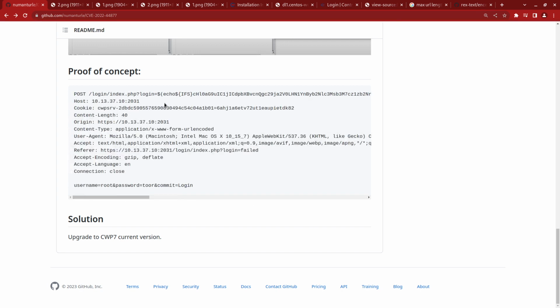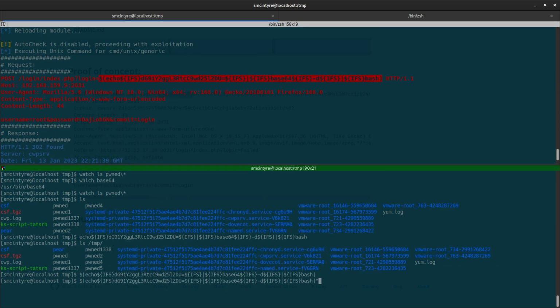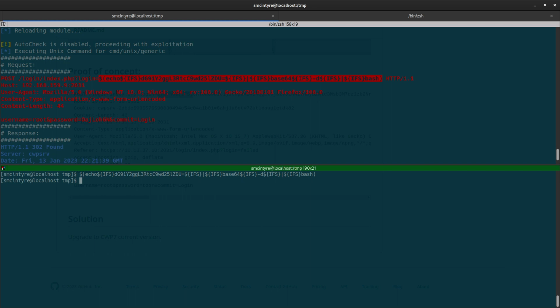Nothing is encoded anymore. Echo $IFS. Yeah, I mean, that all looks correct to me. When I'm down here, it executes correctly. No, that's the same bash not found. Okay, but when it's down here,